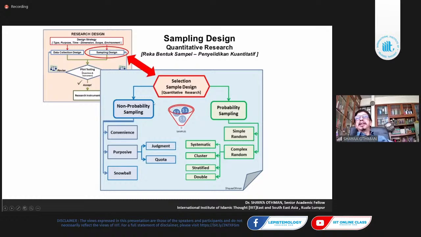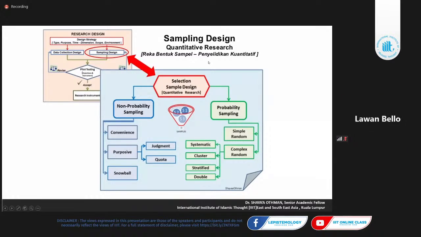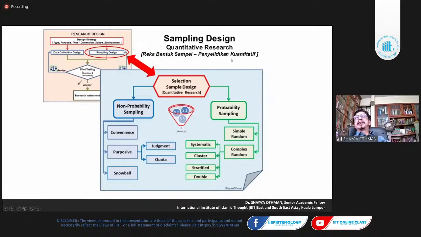What is non-probability sampling? Do you understand probability? Don't understand? It is statistical, yes. It is mathematical. This is the reason when we come to quantitative research, you are basically based on a mathematical concept. Probability means giving the same chance. Sample is given the same chance. Probability is everybody having a given chance to be selected.